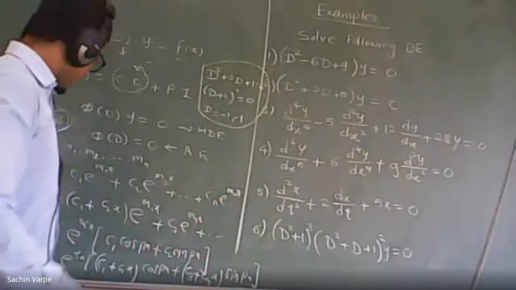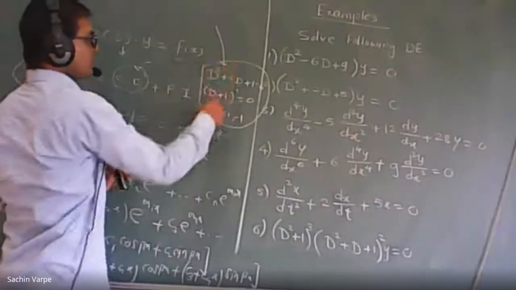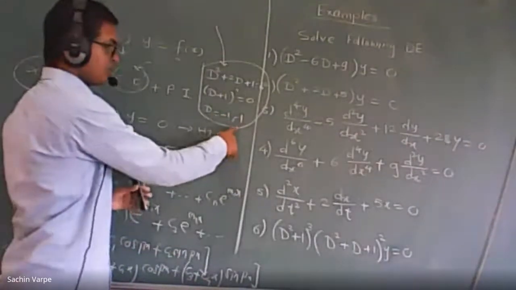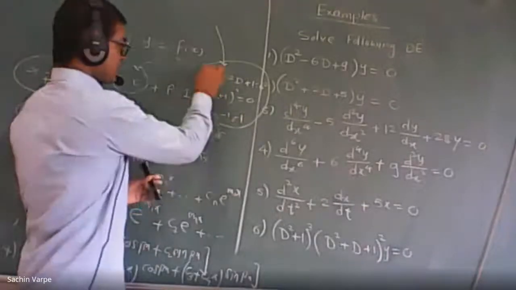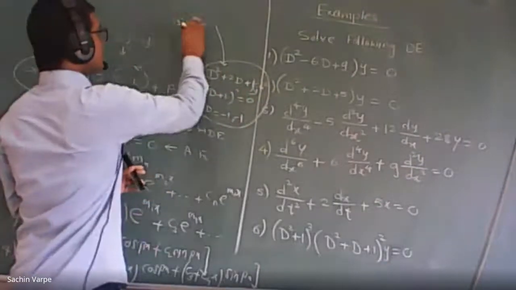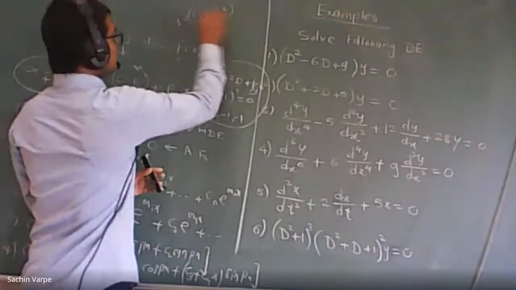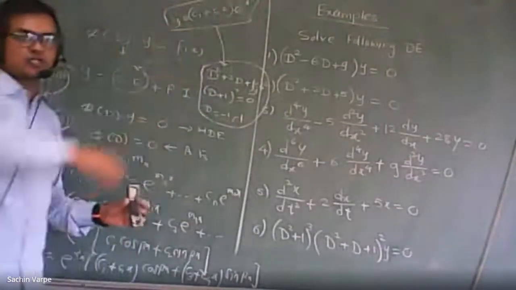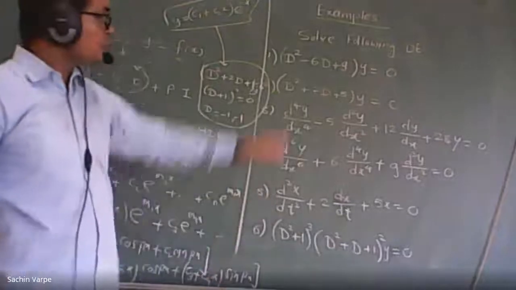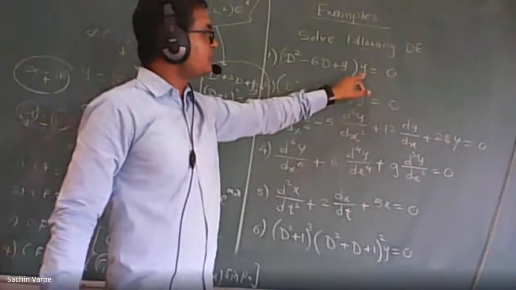Okay, so here, in this case, how to write the complementary function? The complementary function will be c1 plus c2x, as Neha says, c1 plus c2x e raised to minus x. And that will be the general solution. So if the differential equation is like this, then y is equal to c1, is it visible? Okay, c1 plus c2x e raised to minus x will be the complete solution, because there is no function on the right hand side. The right hand side function is 0. So solve the first one. d square minus 6d plus 9 into y equal to 0.